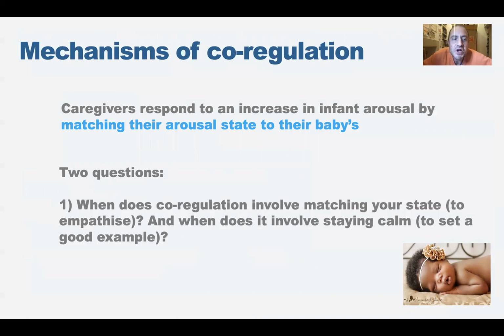So this is interesting, we think, immediately in a couple of ways. Firstly, when does co-regulation involve matching your state to empathize, as we're showing here? And when does it involve doing a different type of reaction? I get a lot of that when I present this work to early years teachers, and we talk about this idea of when I'm with a child who's aroused, do I increase my own arousal to match their state? And they are often quite surprised by this idea. They think very much more in terms of the other way around. So when I'm with a child who's particularly aroused, I need to work particularly hard to stay calm.